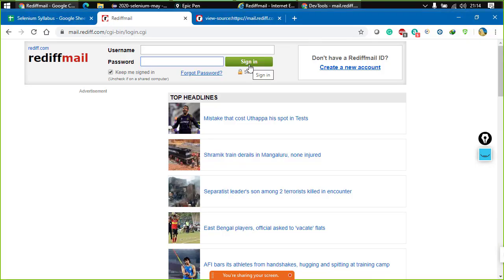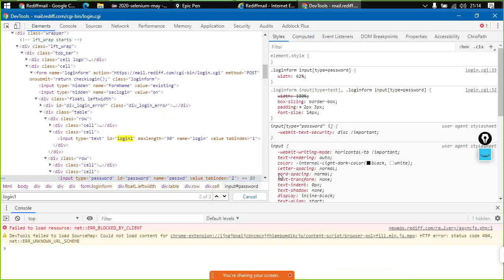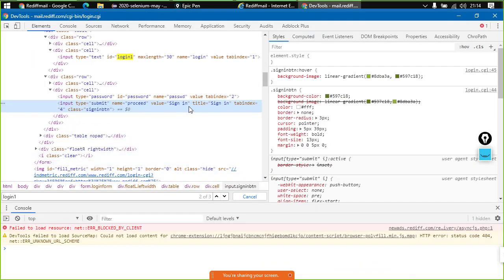What if I would want to click on the sign in button? Right click here, go to inspect, and here we don't have an ID. There is no ID. But would I be able to access it? Yes, I would be able to access it, but let us keep this aside for a while.